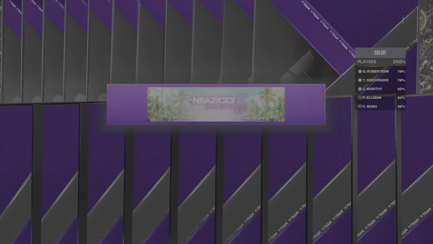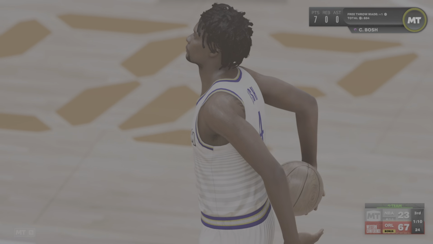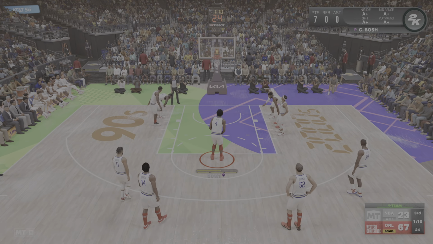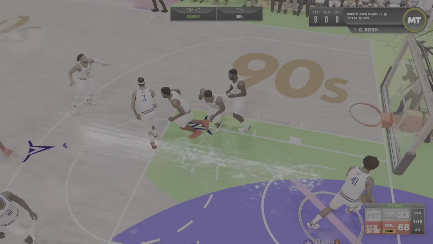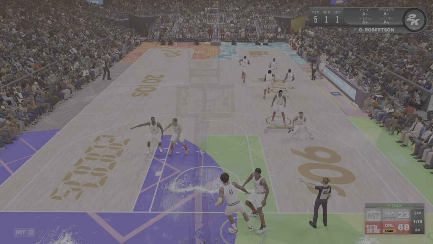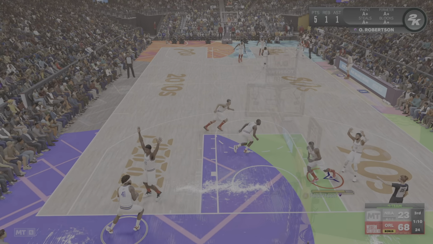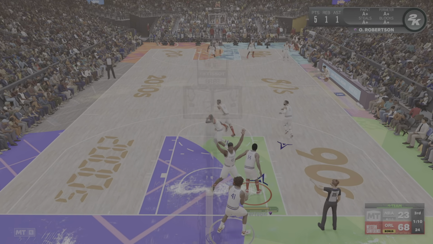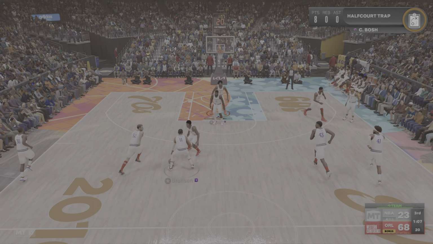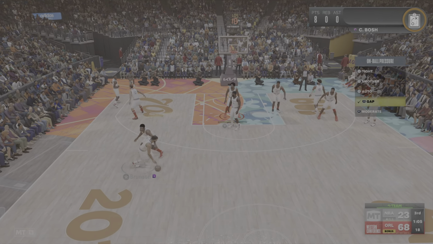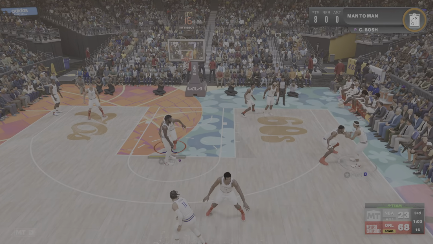First one falls for him. And with Bosch, he's got so many tools he can beat you with, so adept at the mid-range shot, and he feels right at home at the free throw line. And he makes both free throws. 1:09 left in the third. Brunson with it. 6 points for him.